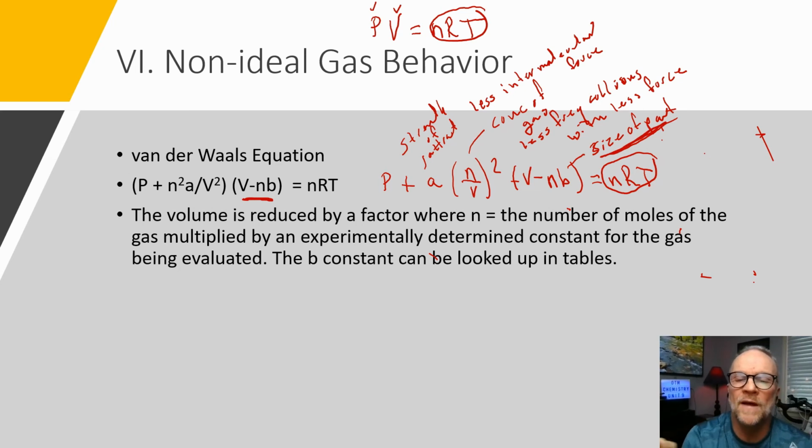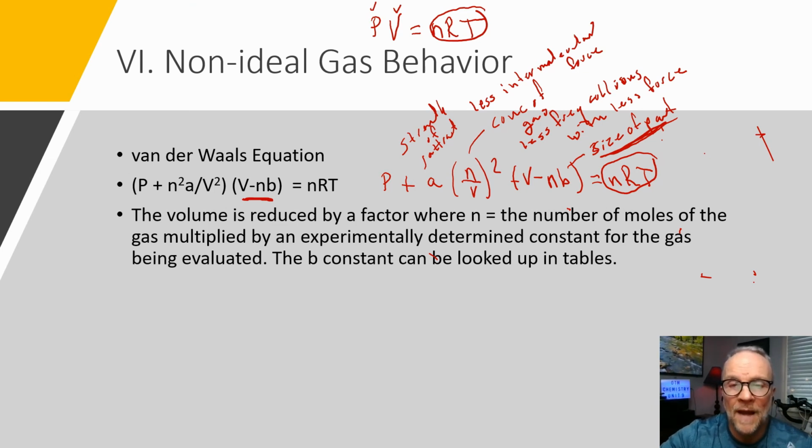And so you can look that up on a table. And so the volume is reduced there by a table value for each individual gas. It's a way of taking into account that now the size of the gas particles does make a difference in